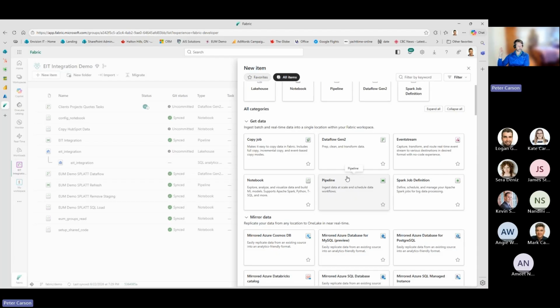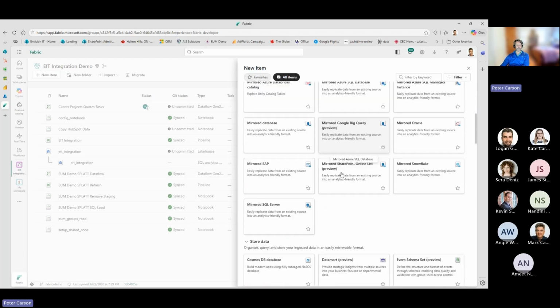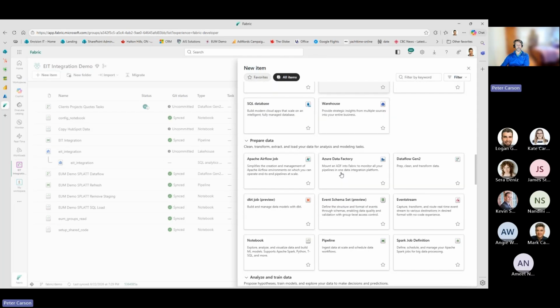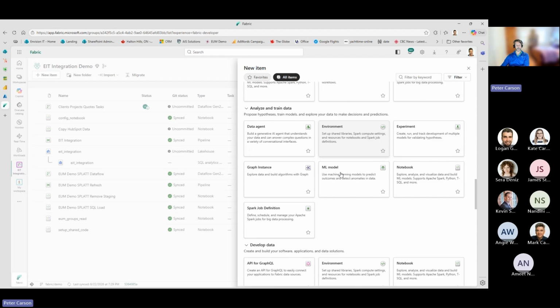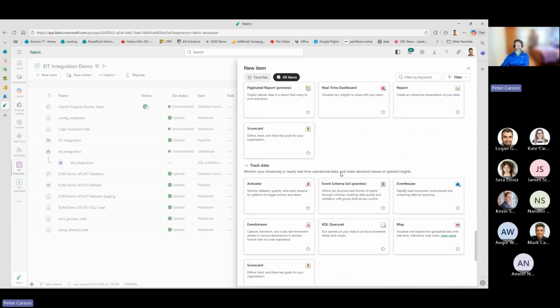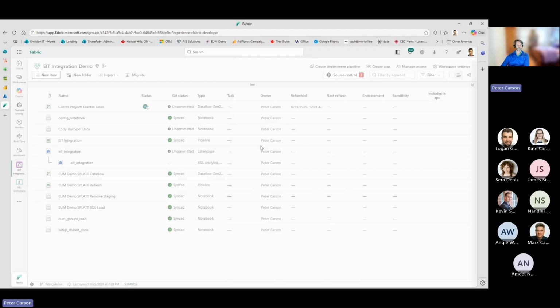It says, here's the sequence of steps that I want you to run, and go ahead and schedule that from there. But you can see there's a ton of other items in here, both where you consume from, where you store data to, how you want to prepare it or analyze it or train. So there's a lot in Fabric. So I'm not going to cover all that as part of this session. I'm going to focus on basically those elements that we're going to be using here.